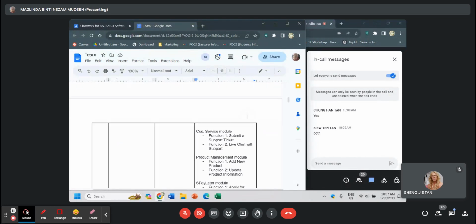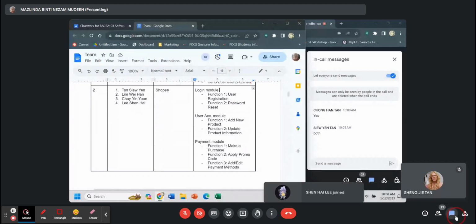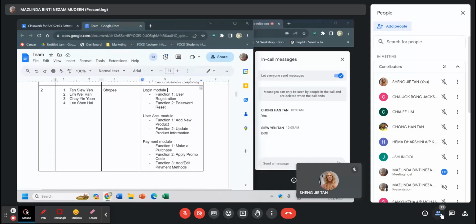Since it's only two functions, we can try to make it from one particular module, but if you cannot even get two from that module, then find modules relevant to each other from both sides. Like login: the seller also has login, the buyer also has login, so you can combine them, no problem, as long as we have a function to test. Okay.